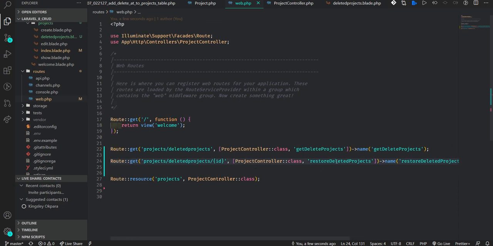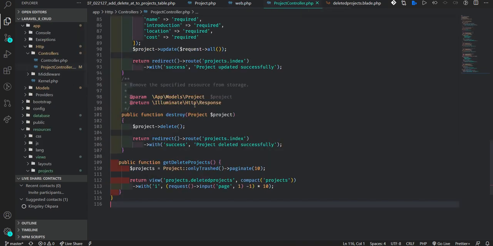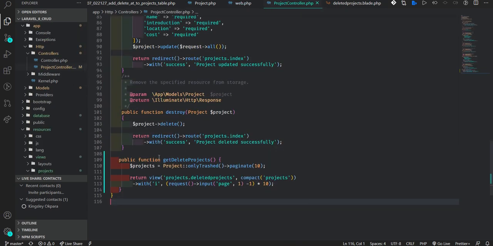Now we are going to head on to our controller and add the controller method, because already we have given the route, so we need to add the method. Now coming here, we say public function. What is the route? We call the route this.